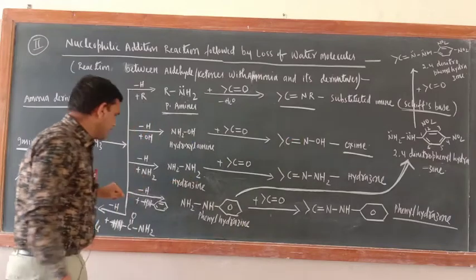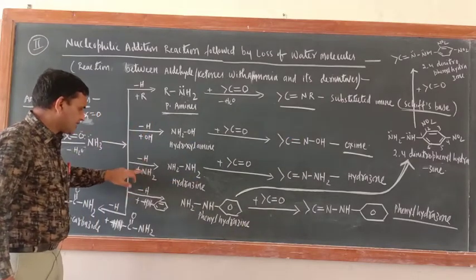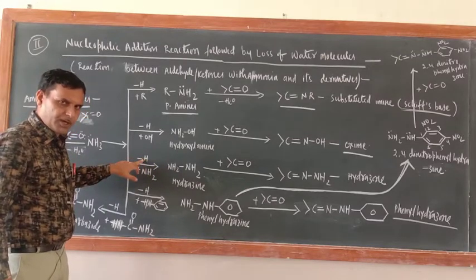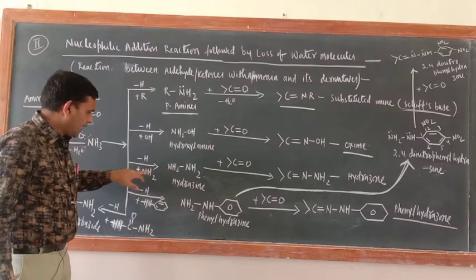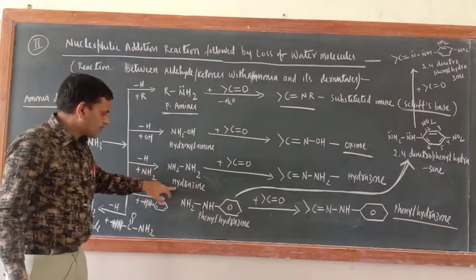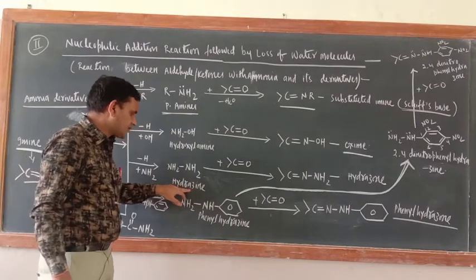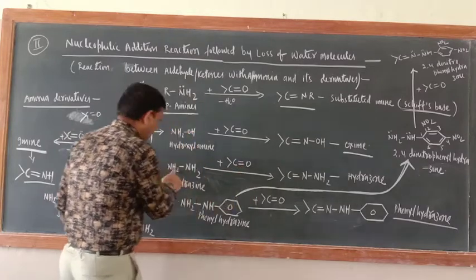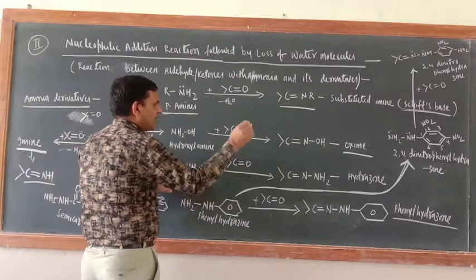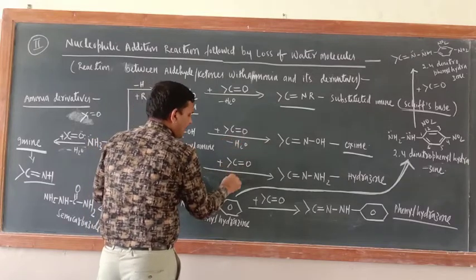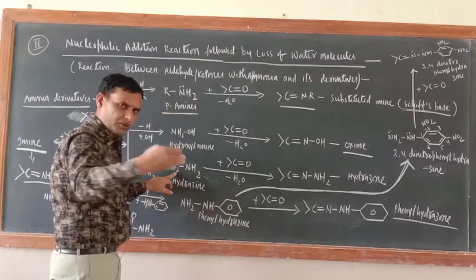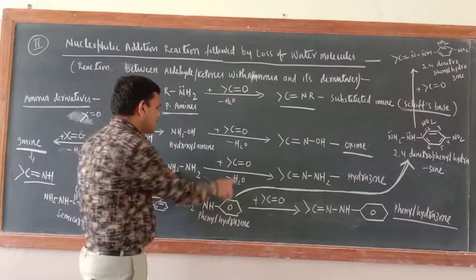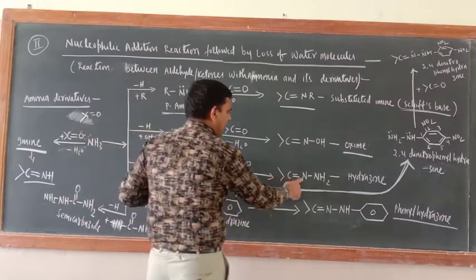Okay, next one is from ammonia, you replace H by NH2 group. So after replacing one H from ammonia, what is left here? NH2, and you are putting here plus NH2. So this is known as hydrazine. What is this one? Hydrazine. And when this hydrazine reacts with aldehydes and ketones, one H2 of this one and O of this one go. In all cases loss of one water molecule will be there, and you should know the setting. Okay, NH2, NH2. So now when this H2 and this O go, what is left here? C double bond N NH2.